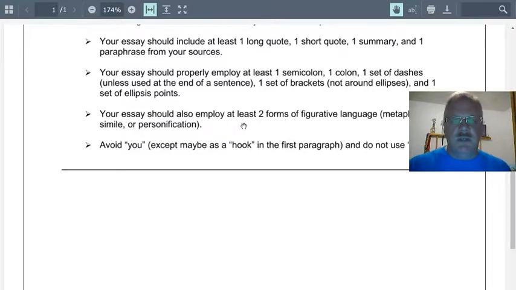I want you to avoid telling me how I might deal with the disease. Hopefully, I don't have it. If you particularly start talking about something like ovarian cancer, I'm going to be like, quit using "you." I don't have that problem and never will. You're telling me about that for someone else's story or your story and putting the research into that story. So there's no real reason to use "you," except maybe at the beginning as a hook or something like that.